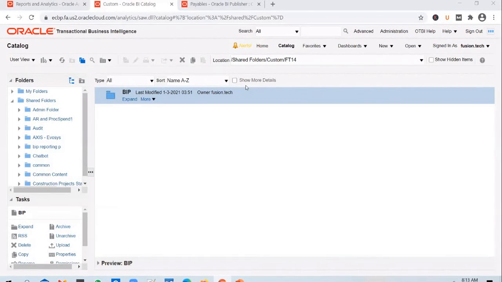In EBS or in other applications, you have options, automated ways. In EBS, you can download the LDT files and you can migrate it, right? But in other options, you don't have. Okay. Yeah, let's move on.